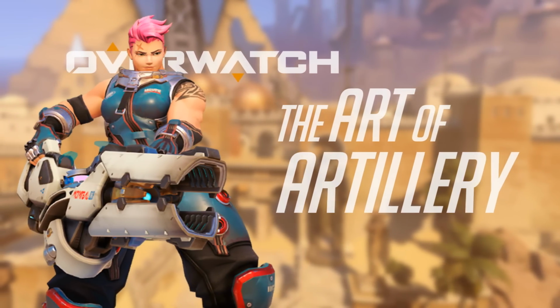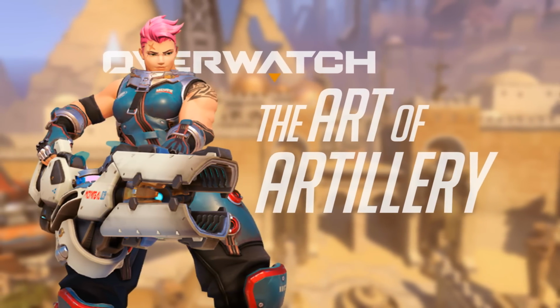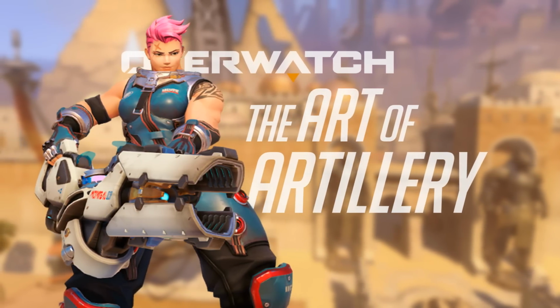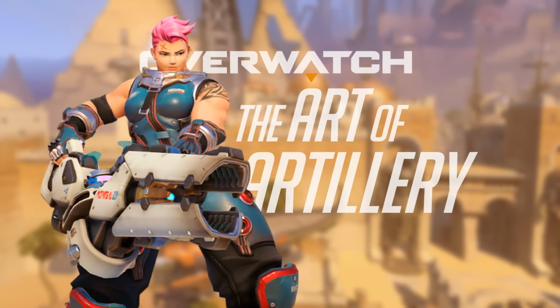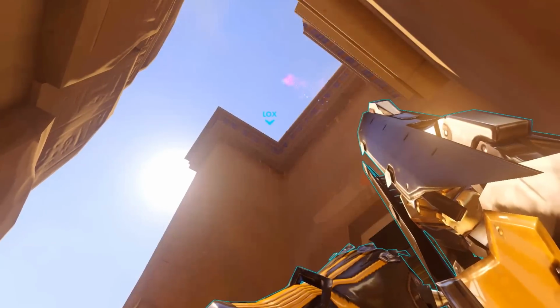Now I know I haven't posted a video in nearly a year, and perhaps I'll explain what I've been up to in another video, but for now I feel compelled to talk about an overlooked ability from one of my favorite characters, Zarya. Zarya's particle cannon projectiles do not expire over range, meaning you launch these puppies into the air